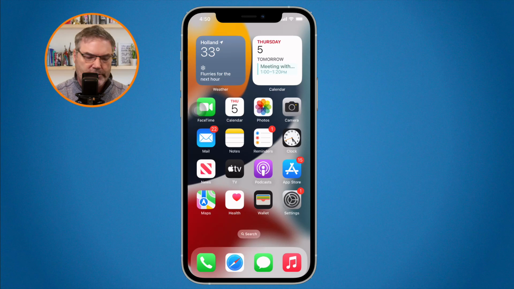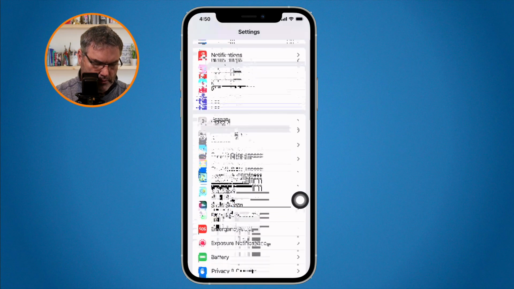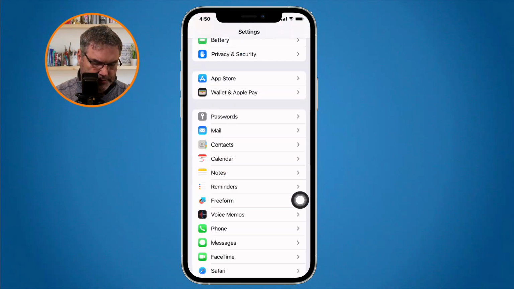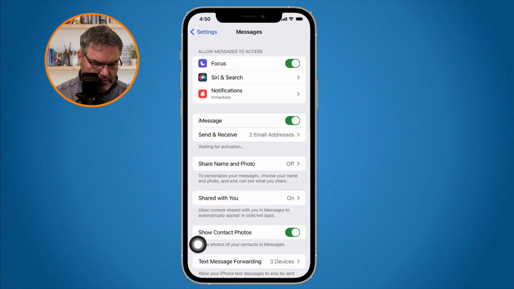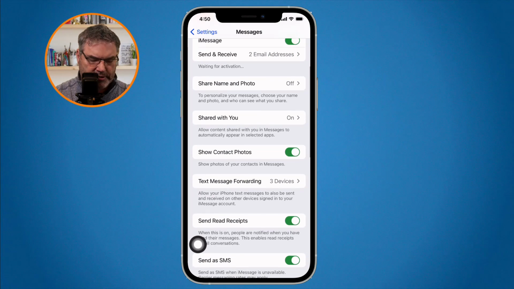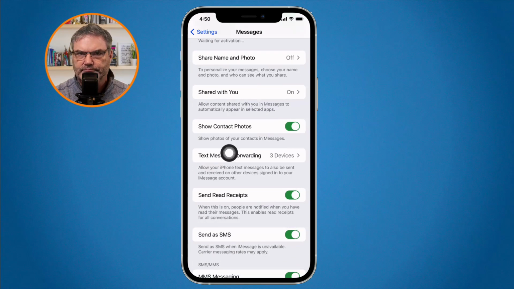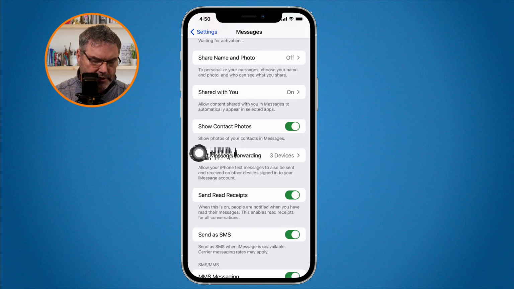What you want to do is go over to the Settings app here, and under Messages, you want to make sure that text message forwarding is on. And the reason why you want to do this is